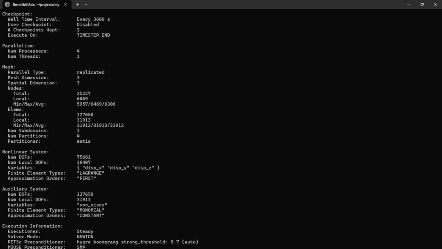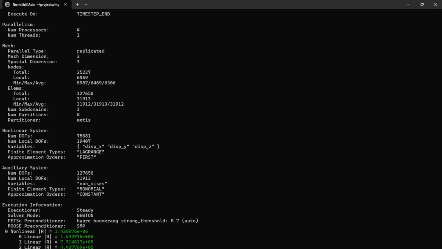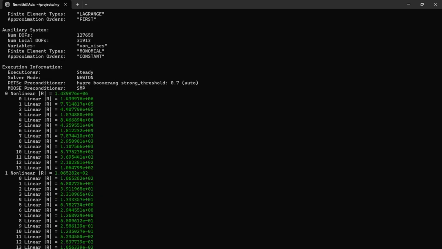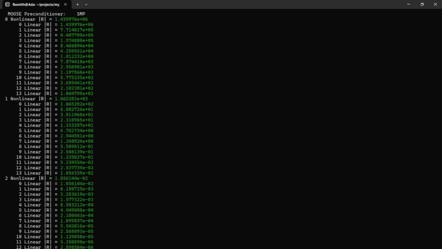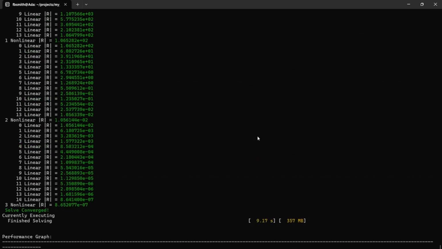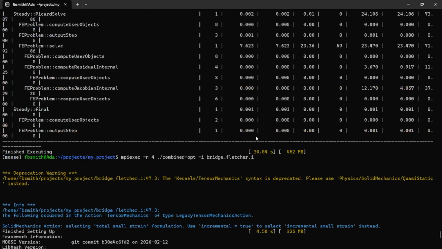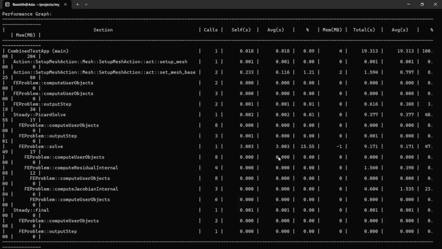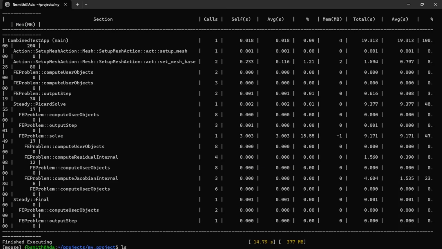The advantage of using more processors is you can do it faster. And you'll notice now that instead of taking 30 seconds to run, it took almost 15 seconds. So that's really nice. So if I ls now, I can see that I have this new file right here,